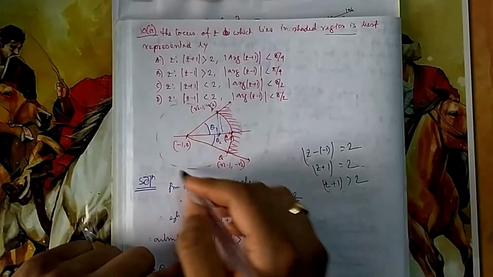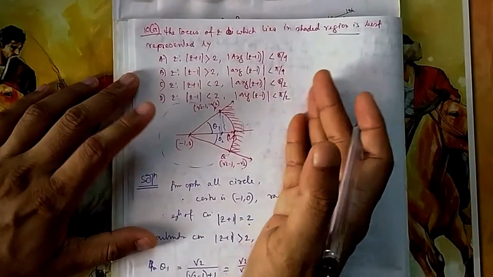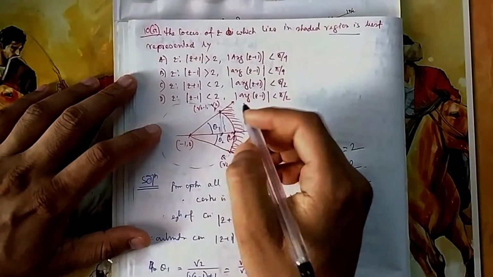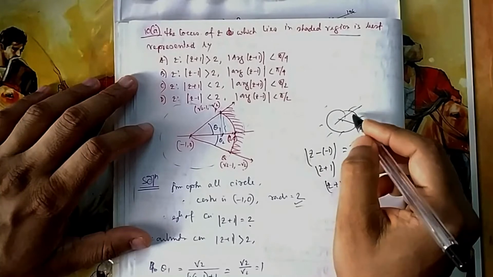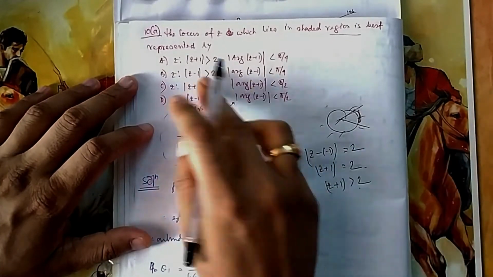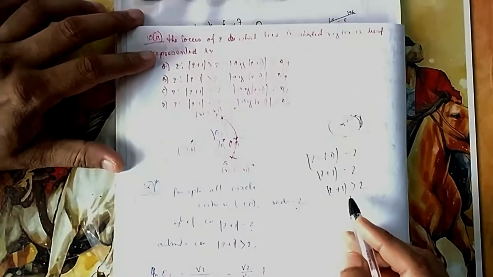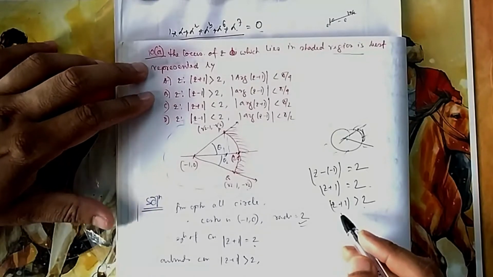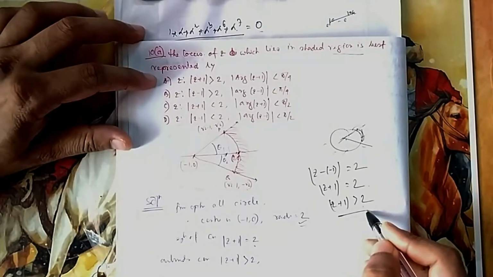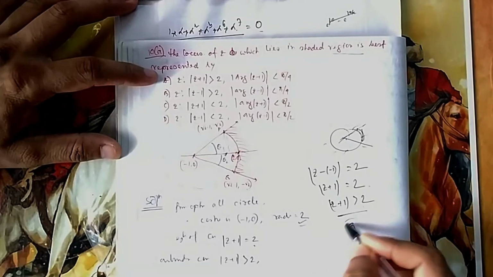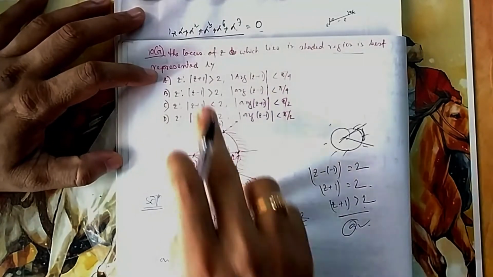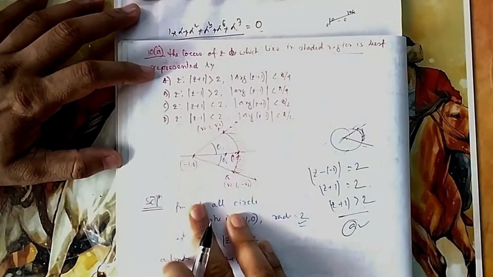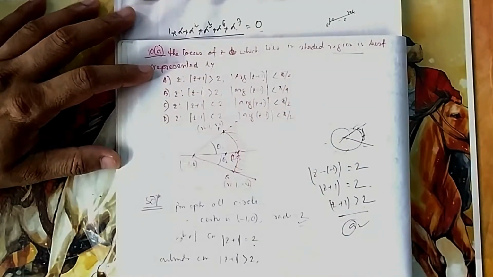Equal to 2 means on the circle. If you do greater than 2, you will get outside. If you do less than, that is inside. So that means you now have the whole circle outside, but you need to separate these two regions, so you need to look at your argument. The first job is done, that is, it should be greater than 2. So from here also you can see the answer will be A. By seeing only this you can give the answer, no need to find anything. Mod z plus 1 should be greater than 2, not z minus 1. Now you have to check the arguments also.